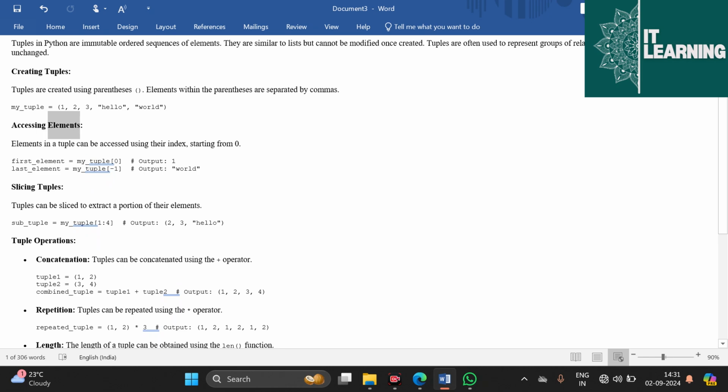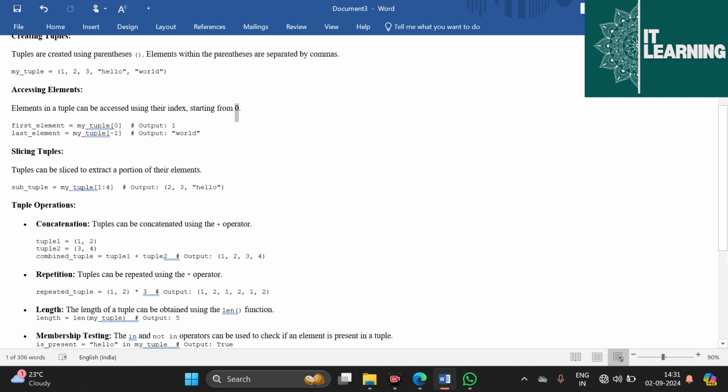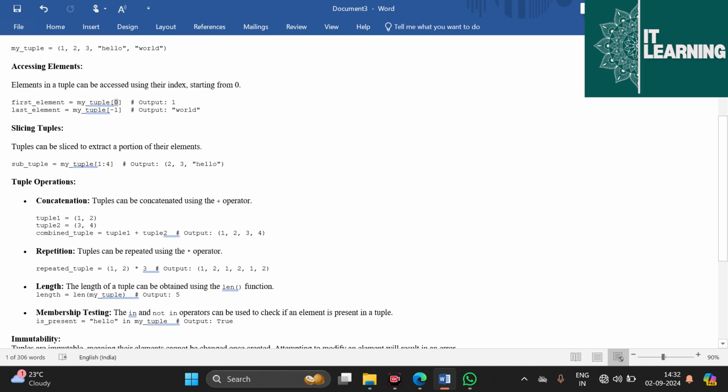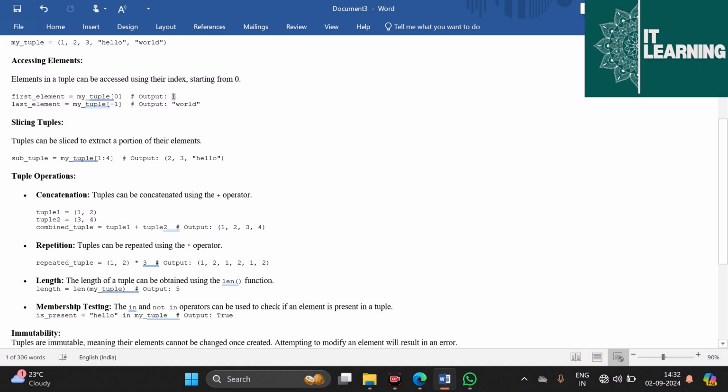Accessing elements. Elements in a tuple can be accessed using their index, starting from 0. first_element = my_tuple[0] # output: 1. last_element = my_tuple[-1] # output: world